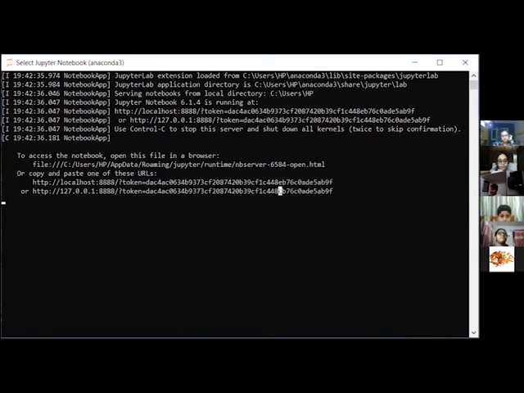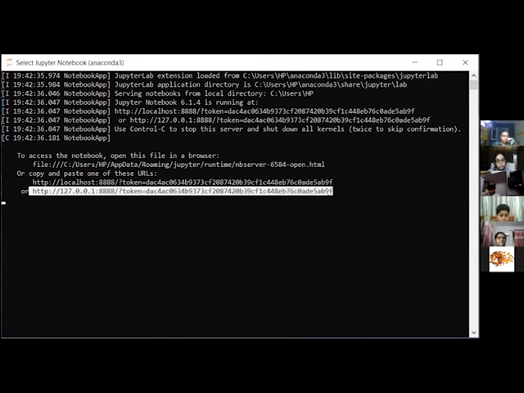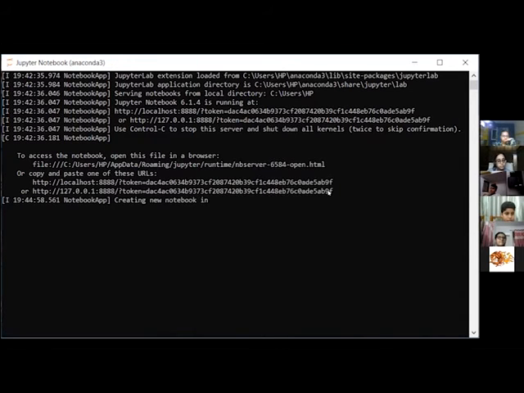You copied this line. Now open a new tab and paste this one. If you minimize, we won't be able to see the screen. You have to share it again.